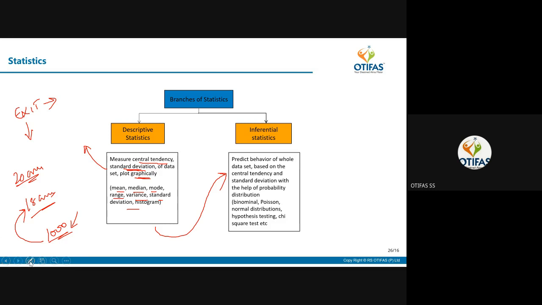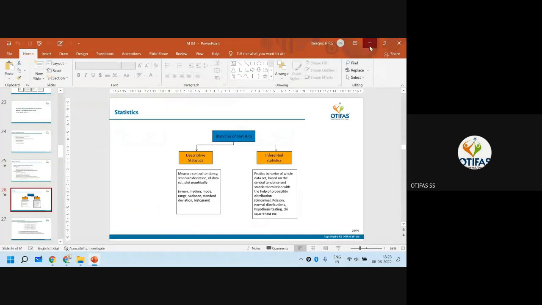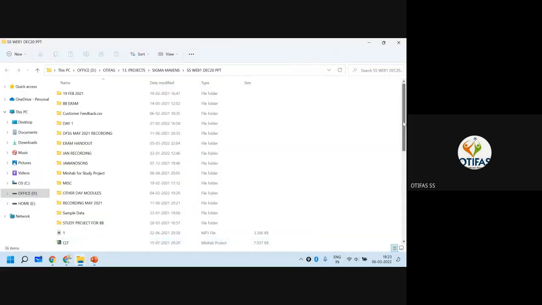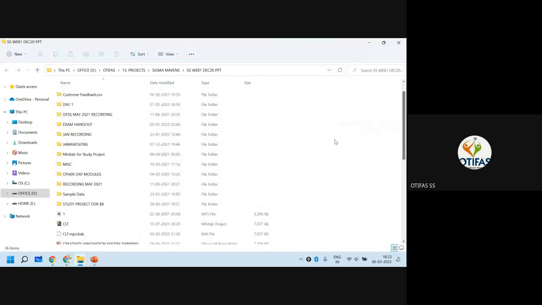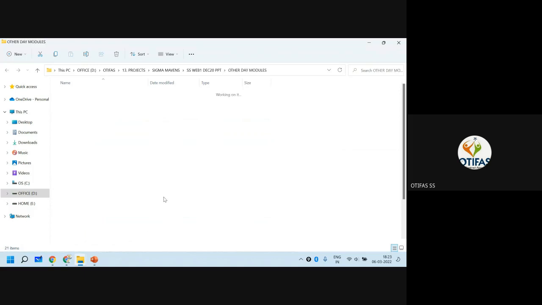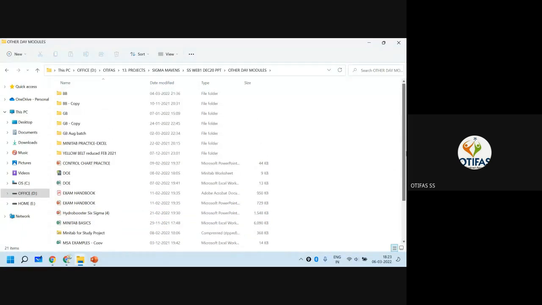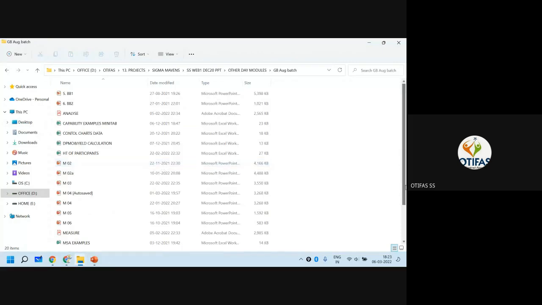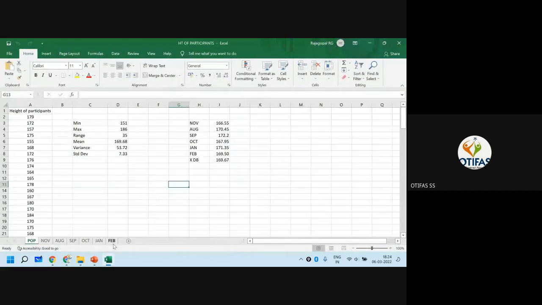Okay, don't worry, let me take an example, then it will be clear to you. So let me go to that example first. Then it will be clear to you. I used to take a very simple example in my combo program. So let's understand the descriptive statistics first. So let's take a very simple example.